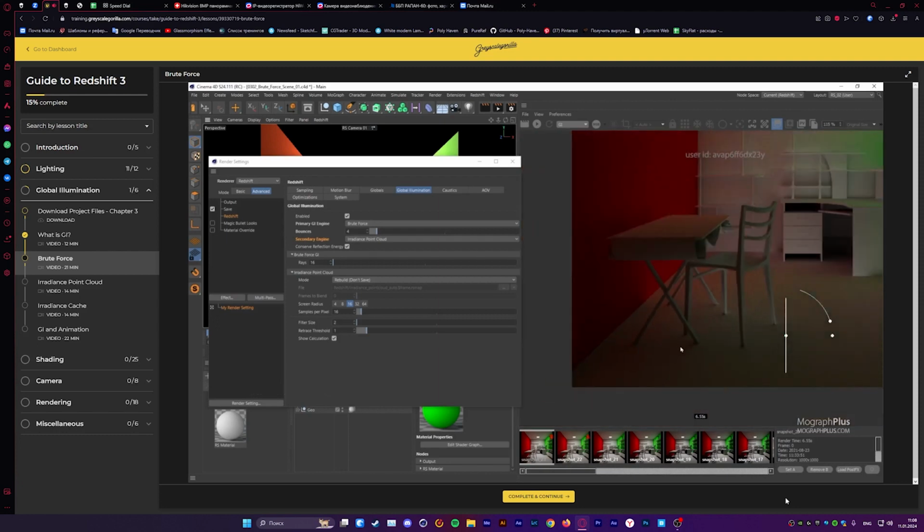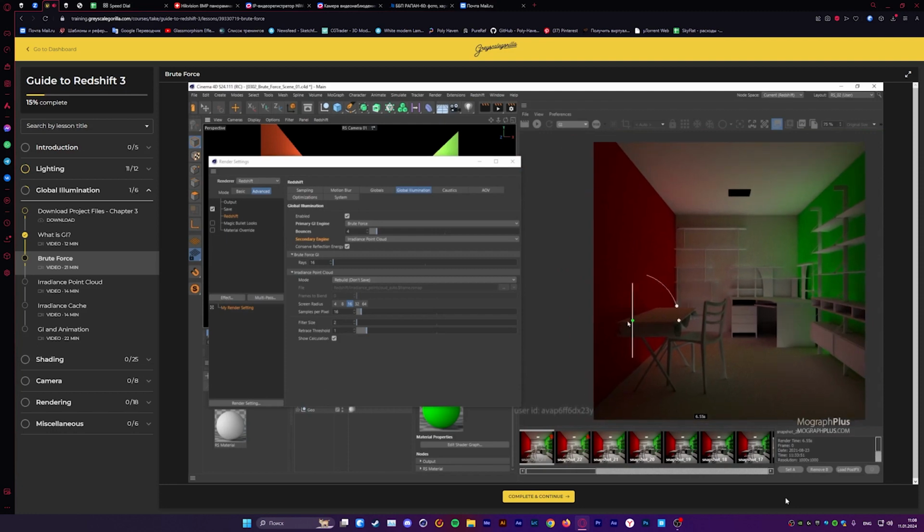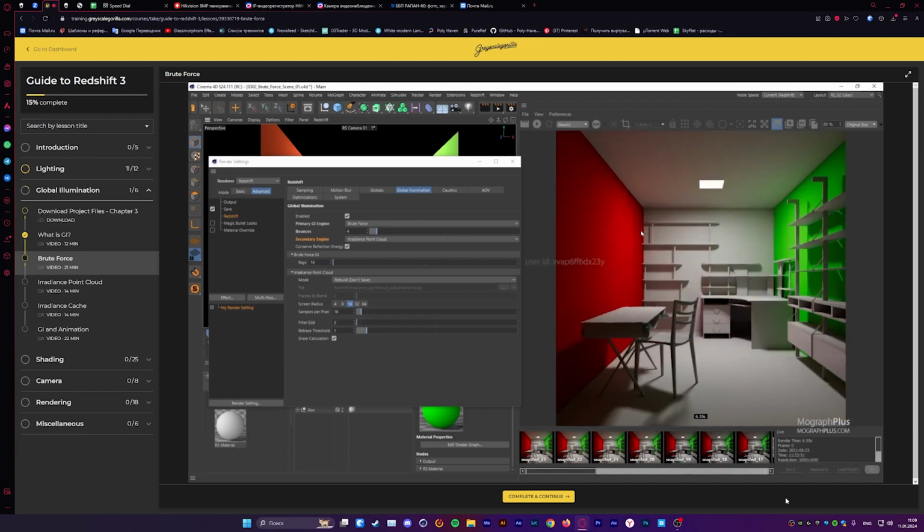But honestly, Redshift is so fast. For simpler scenes, you don't need to worry about render time at all. But for more complex scenes, the render time can be significantly reduced by using a brute force point cloud solution instead of a brute force solution for primary and secondary GI engines, as I'll be demonstrating later on in